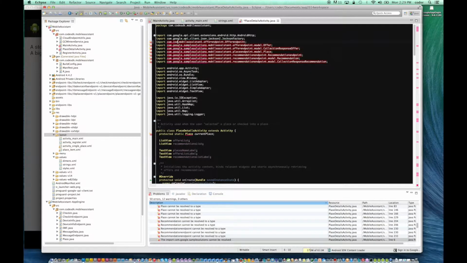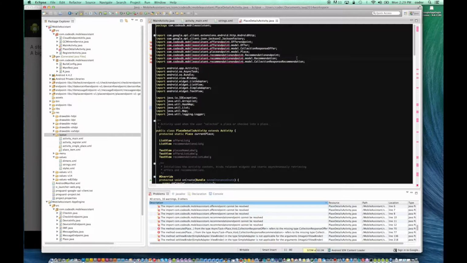So to fix them, we can say code SDK. Okay, so that should fix some of our errors, except we still have errors from the offer endpoint and the